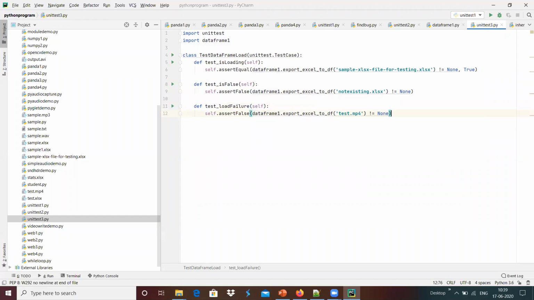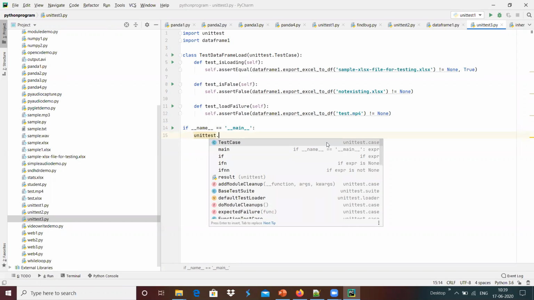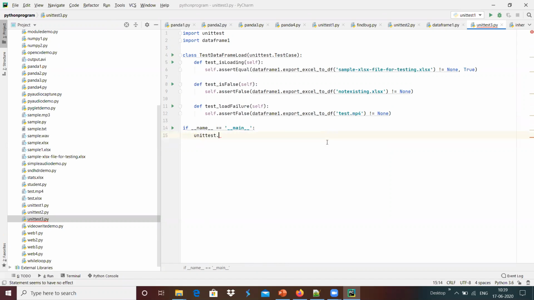Yeah, we can expect that over here, and maybe we can run the test cases with if underscore underscore name equals underscore underscore main over here, and we have the option unittest.main. Now we will see, we are validating data frame 1.py.